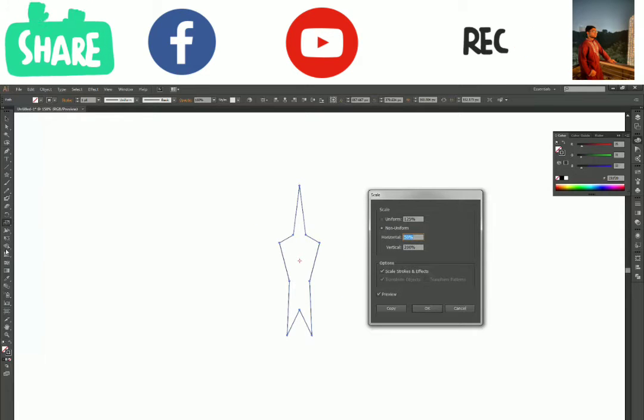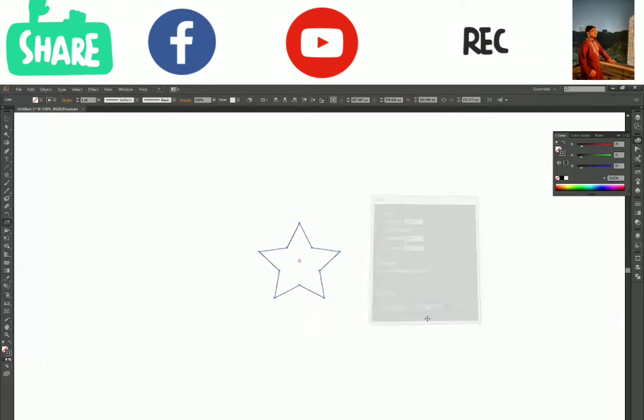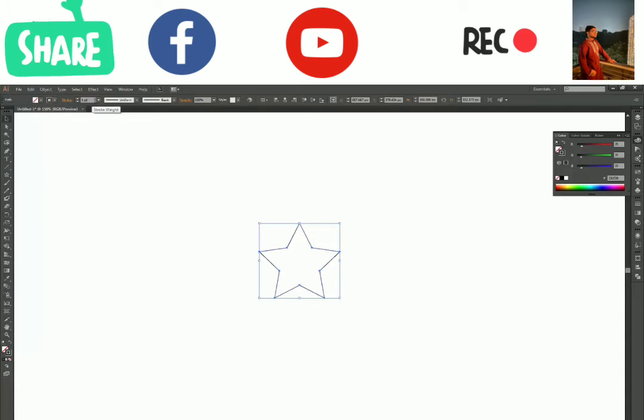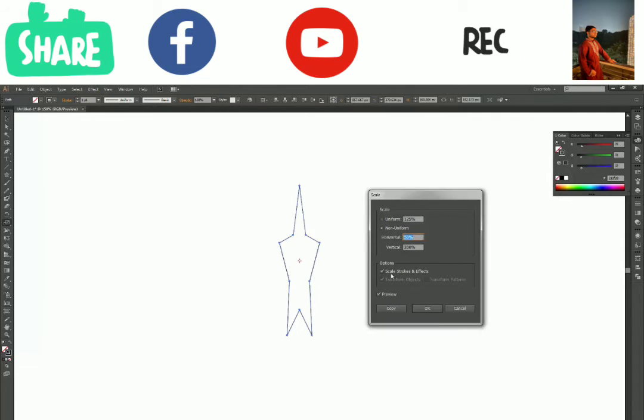Now the next thing we have is scale strokes and effects. To see this option, let's go back to our star and see the outline first. The stroke value here is 1 point. Now when I double click on the tool and have this checked on, it will scale my stroke along with the shape.